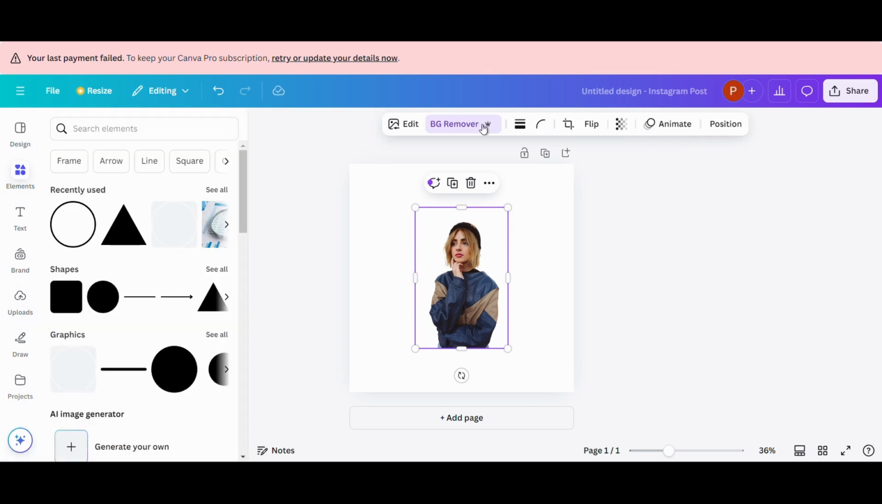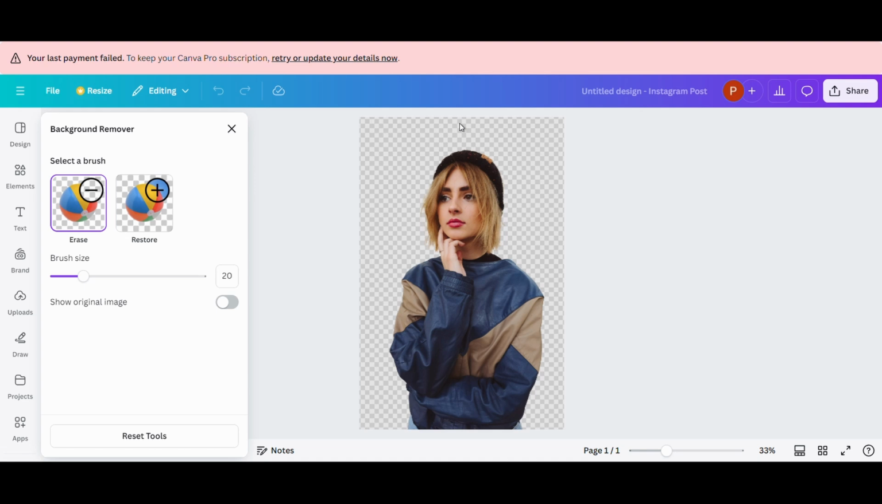If you click it again, you should be given these two options here. These are two brushes that you can use to refine the final result. So if you select this first one, erase, it's going to give you a brush to remove parts that Canva might have left to your image that belong to the background. So you can remove parts like this, just use the brush,